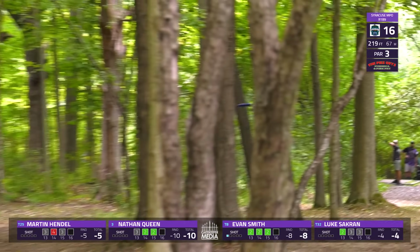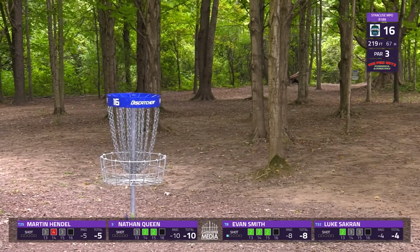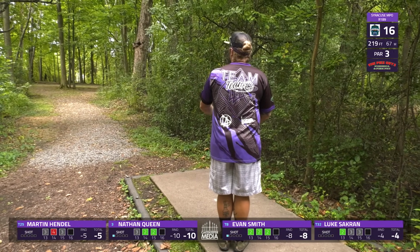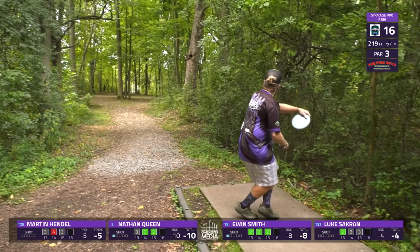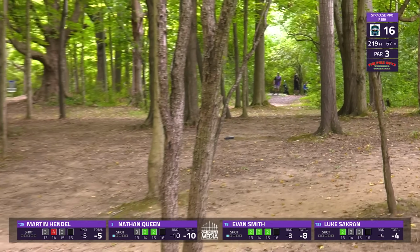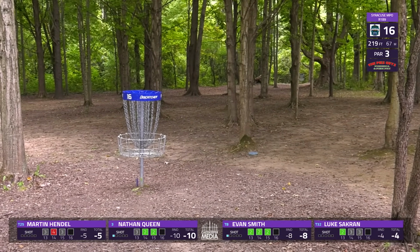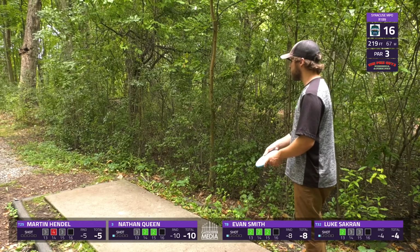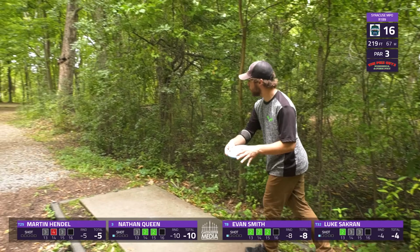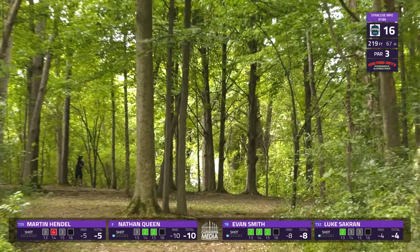Yeah, we see Evan going turnover and just a little overcommitted there. Yeah, catches a tree about 2/3 down the fairway, stops him from progressing too far. He's going to have a long look from circle 2 for a birdie. And Nathan getting the width there that you need with that line. Yeah, just throwing that Aviar X3 low, letting the dirt slide up to the basket. And